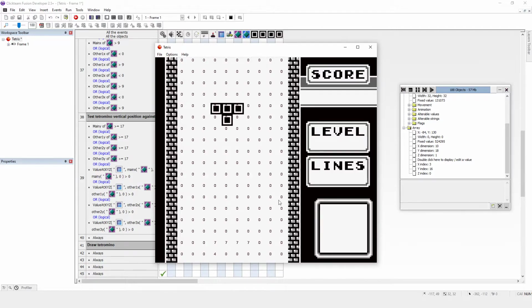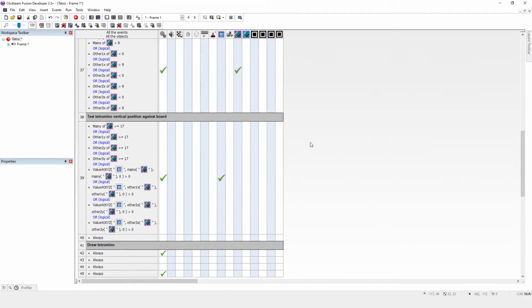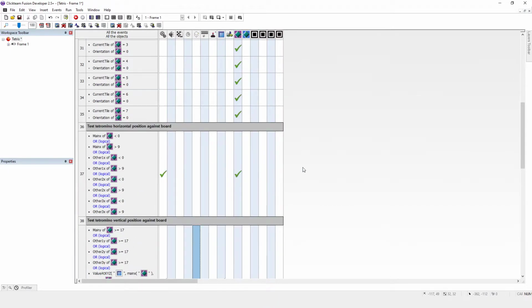Okay, so it actually has moved down. And the reason for that is because we haven't reset it. And so what we need here is a way of actually resetting it to where it was before. We currently don't have a way of doing that